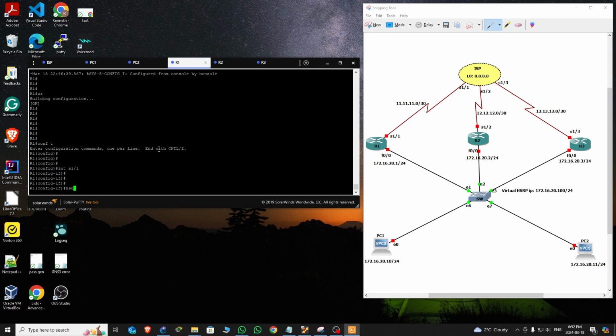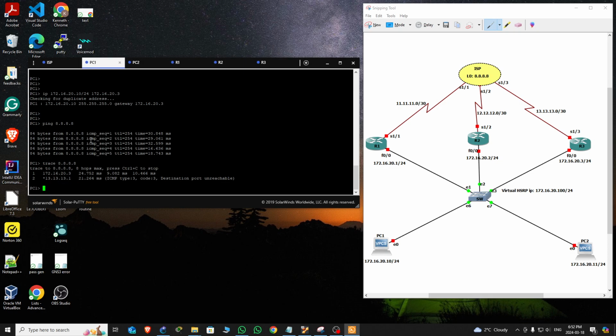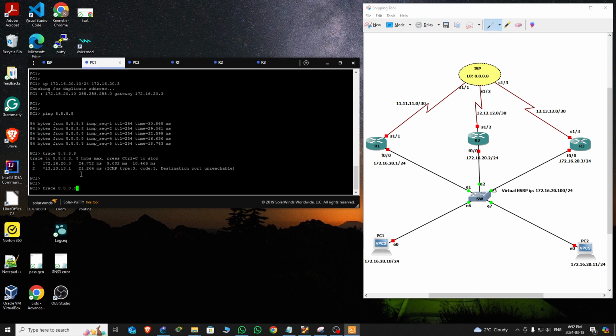Okay, I'm going to do a shut, and before doing a shut, I'm going to come to PC1. I'm going to do some changes here on PC1. Instead of giving the IP address on PC1, the gateway for PC1 or PC2 is going to be 100, because 100 is the virtual IP address that we just configured, and with that IP, PC1 or PC2 should reach the internet